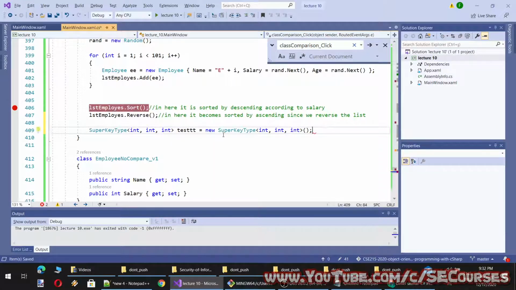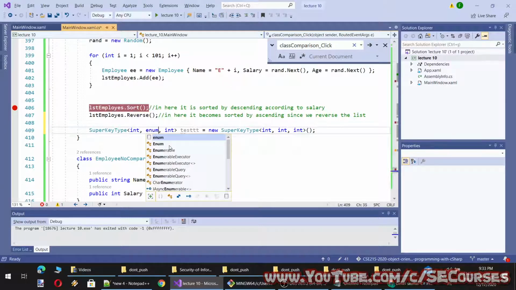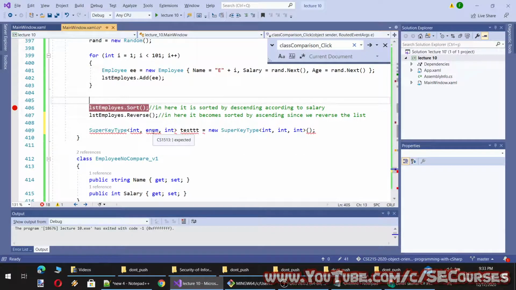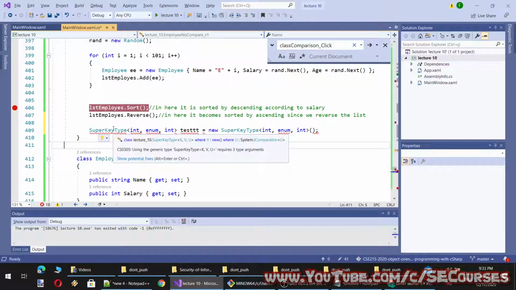Let's see. So yes, these are not good examples. That's something that cannot be read. Enum, yes, enum is not. Okay, now it will throw an error. Okay, it didn't accept the enum.